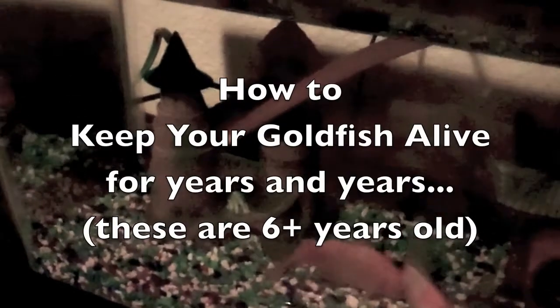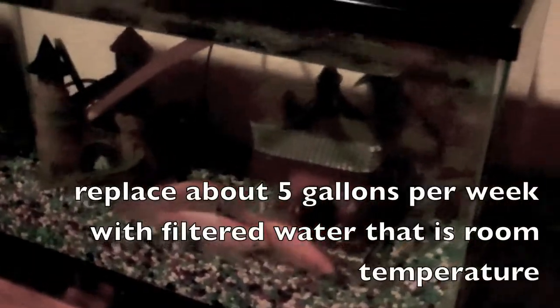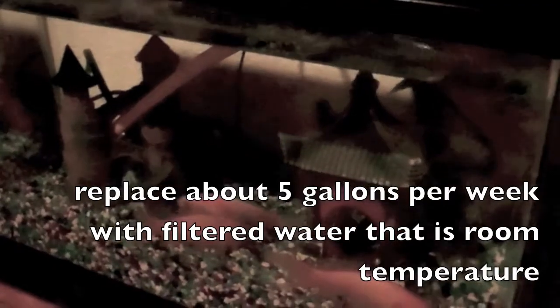This is how you keep goldfish alive. These fish here are several years old. So what I do once a week is take approximately 5 gallons of water out of here and replace it with 5 gallons of filtered water that's been sitting for several days, so it's the same temperature as the water that's coming out. I just use a siphoning pump